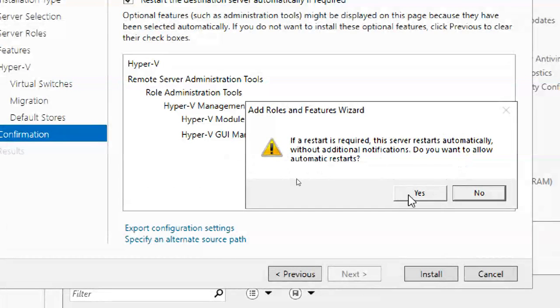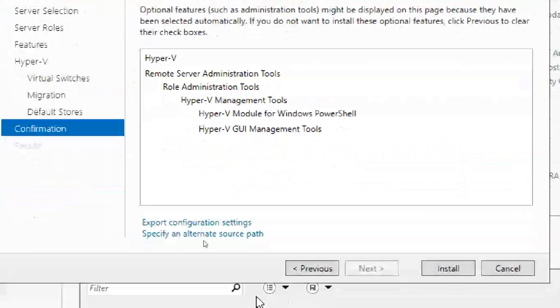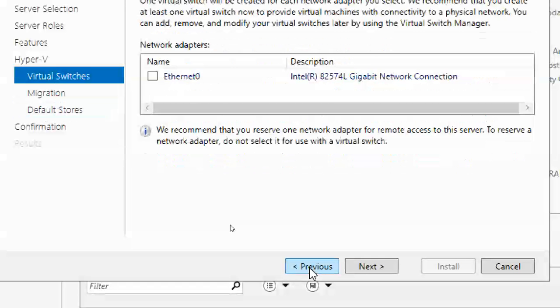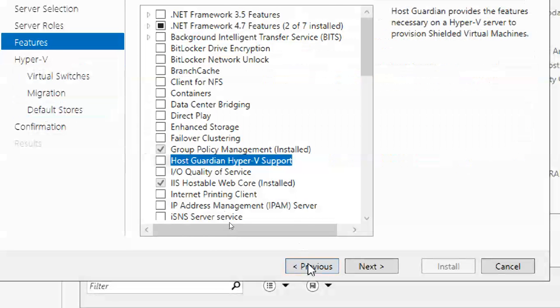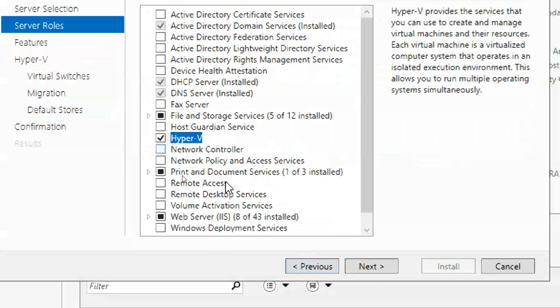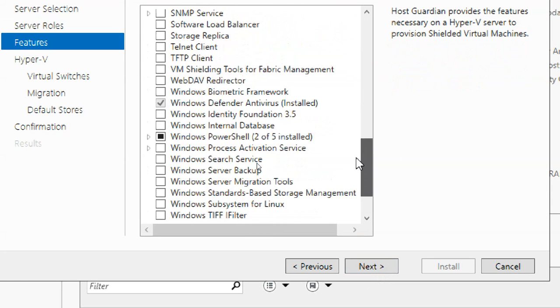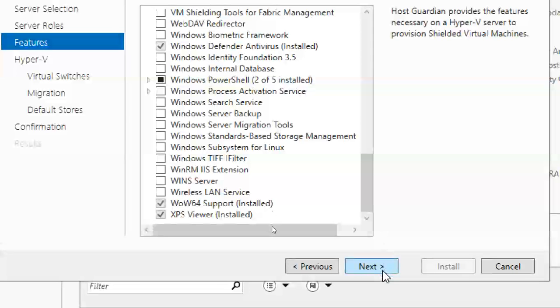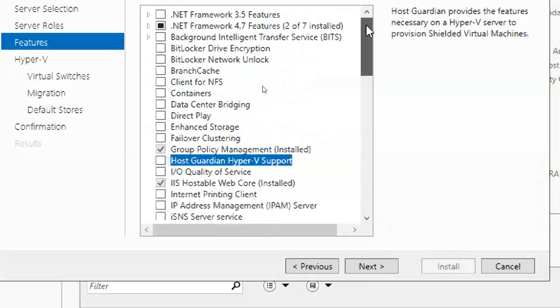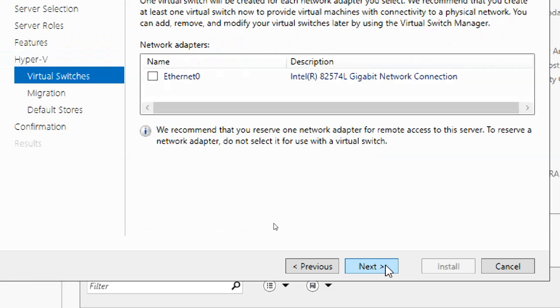Yes. Remember what I changed: I just selected this role and clicked the Add Features button, and I didn't do anything else here. But when you get a chance, read at least some of the important features. Next.